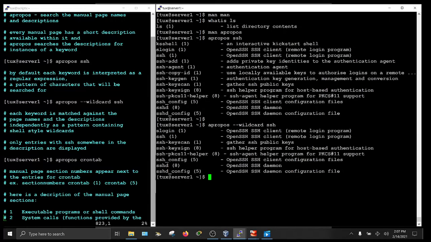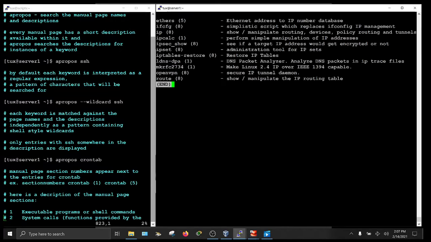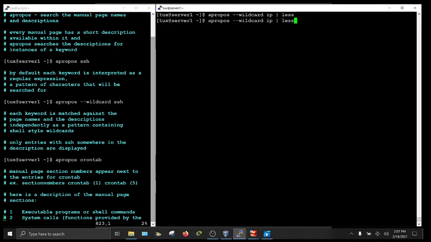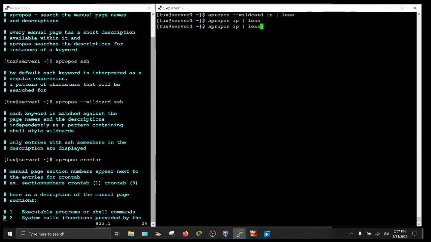So let me clear the screen. Let me show you a much easier way of describing this. So I'm going to pipe this to less. I know there's going to be a lot of output here. I'm supposed to not use the wildcard. Okay, so now you can see that IP, as it appears in bzip, will be in this output, but we do not want that. Let me press quit here, and